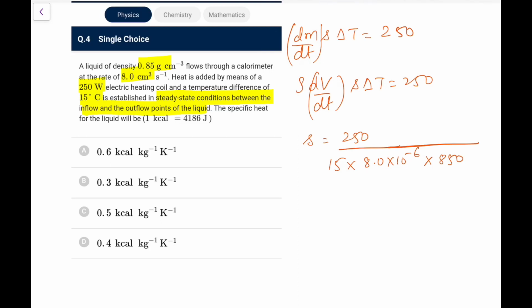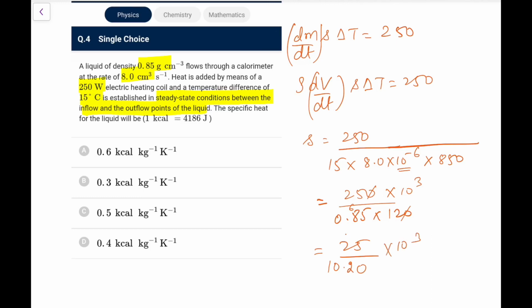So this is what we have done in the standard unit till now. Let me do it in standard units only, then I will convert it again. So now 250, let me take the powers, 10 to the power minus 6 to 10 to the power minus 3, and 10 to the power 3 goes up. Let me write it as 0.85, 15 8s are 120. So this is what we have. So 25 upon 12: 12 5s are 60, 12 8s are 96, 102. So this is 10.2 into 10 to the power 3.